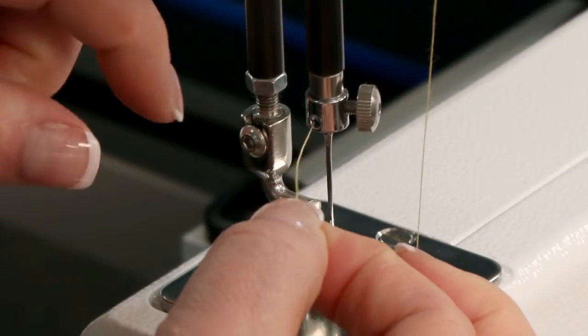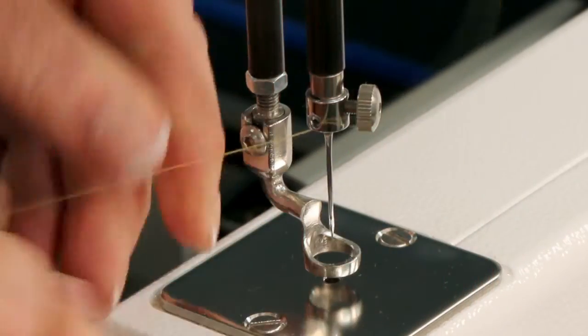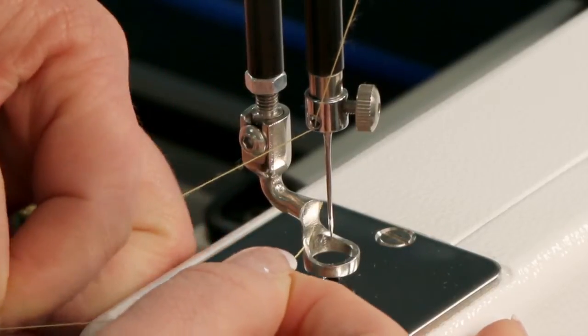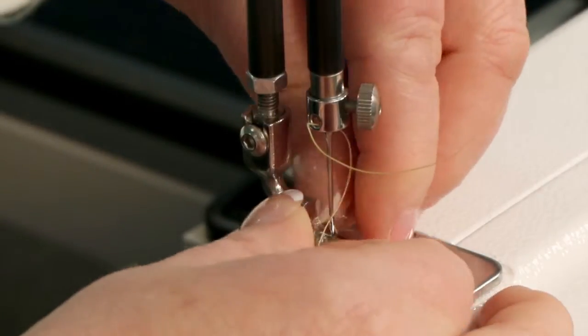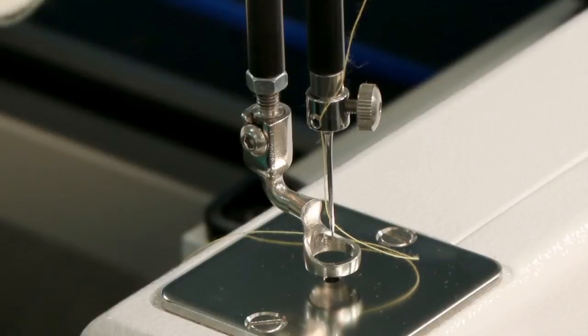There's a hole right there, and we thread it through that. Thread it at an angle, and it'll go right through that, and then through the eye of the needle. And there we go. It's all threaded. Now it's time to test our